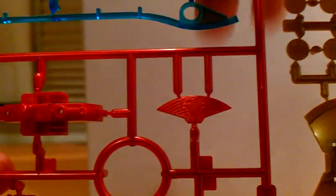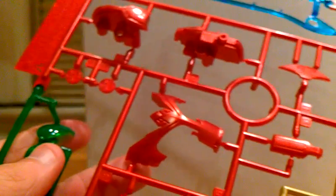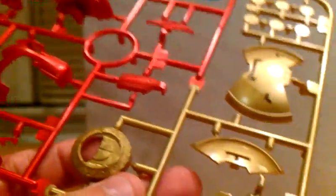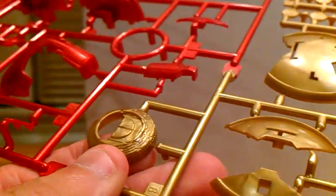And the way I'm going to be painting this is using a reverse wash method, so we'll see how that goes. Here we see the neck, and all these red parts are nice shiny red that actually remind me of the base color for Kamen Rider Accel. Here we see some nice gold, and this is nicer gold than the SD Sengoku gold, but it's not plated gold. We see some nice details on the